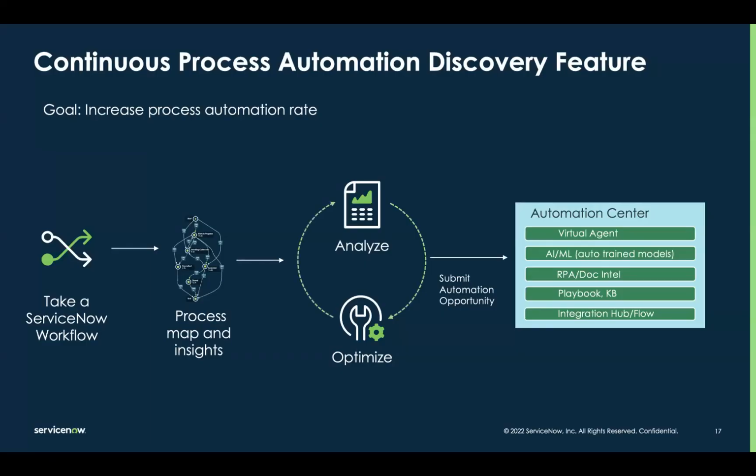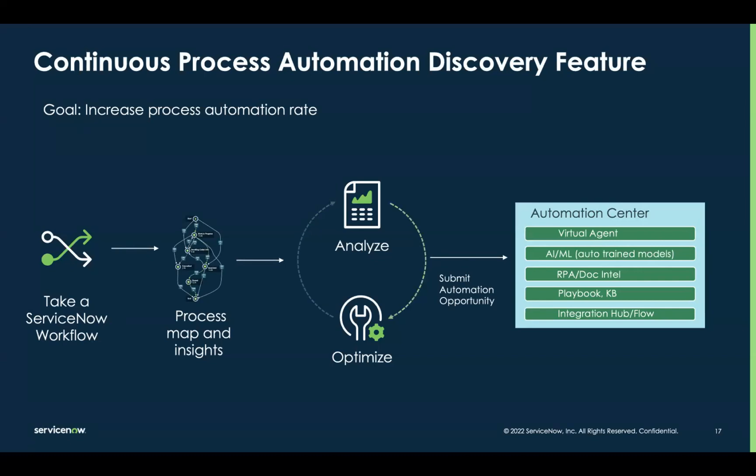Zooming in a bit specifically on the process optimization part, because as I mentioned in this hyperautomation goal, process optimization really dominates in the discovery phase of the automation discovery. So the simplest view is you take any ServiceNow workflow, and then within 5 to 15 minutes, you can map it out quickly. So you will be looking at your process map, you will be looking at all the different insights. And then as you do the analysis that I'll go into detail in a bit, you will find those